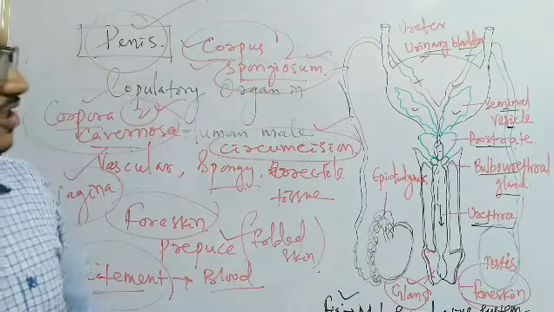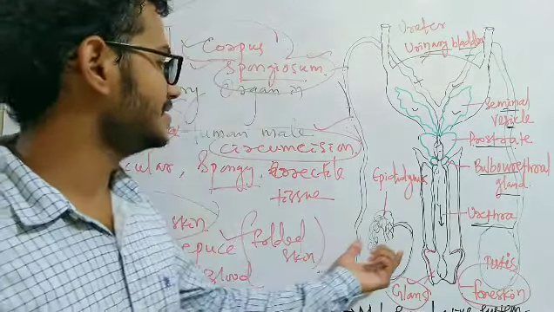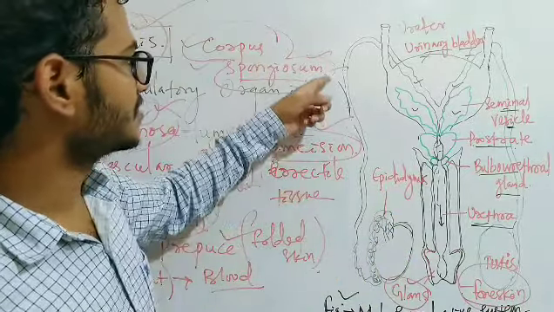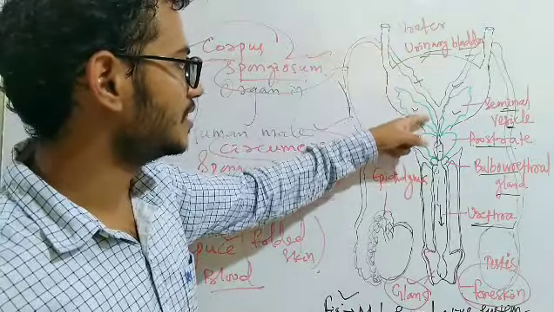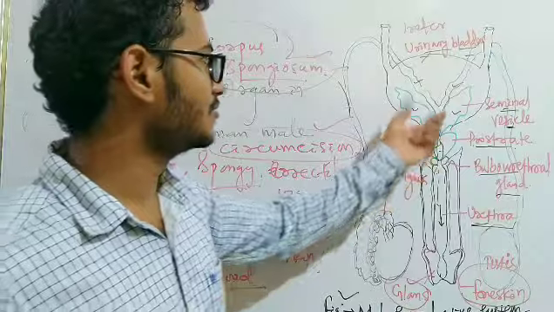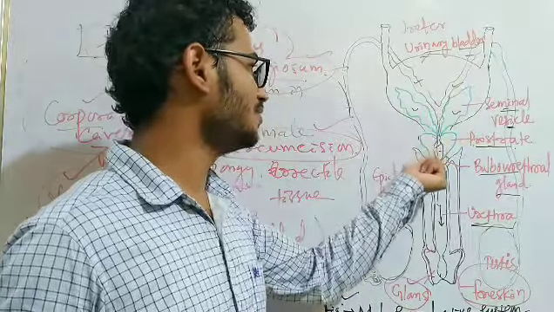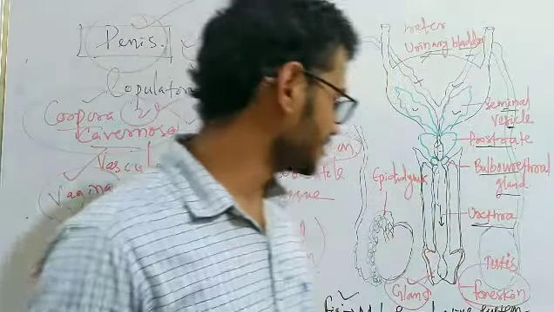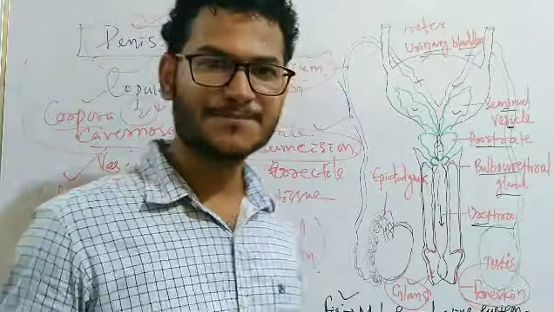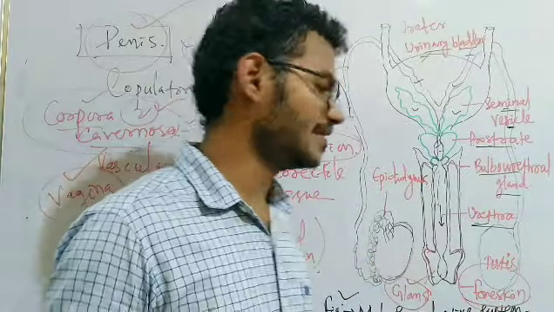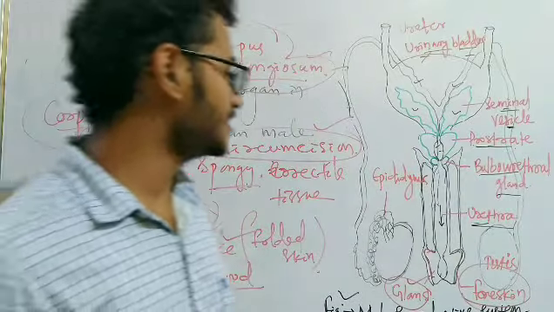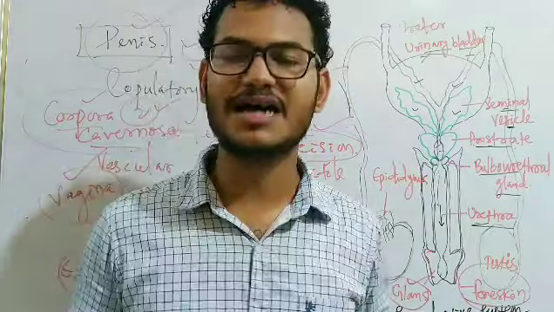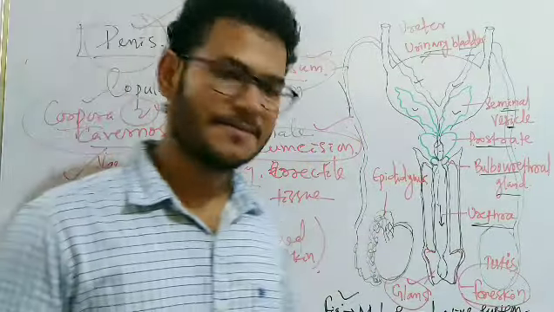So this is the structure of the male reproductive system, where we can easily see, starting from the testis, the epididymis, and through the vas deferens it enters the ejaculatory duct. The seminal vesicle opens into it, the prostate opens into it, and the bulbourethral gland also gives its secretion, which helps in lubricating the glans penis during sexual intercourse. This is the detailed structure of the male reproductive system. This diagram is there in the NCERT exactly as it is, and this is all in this session.